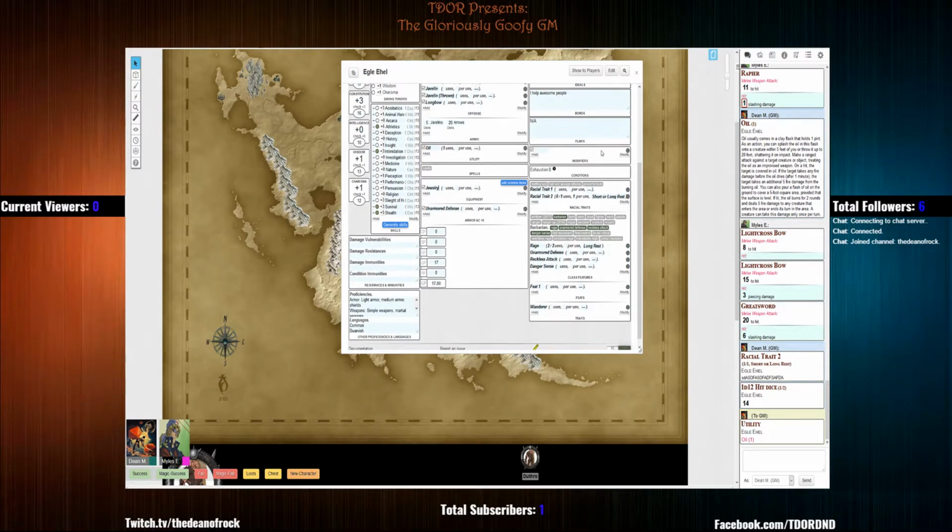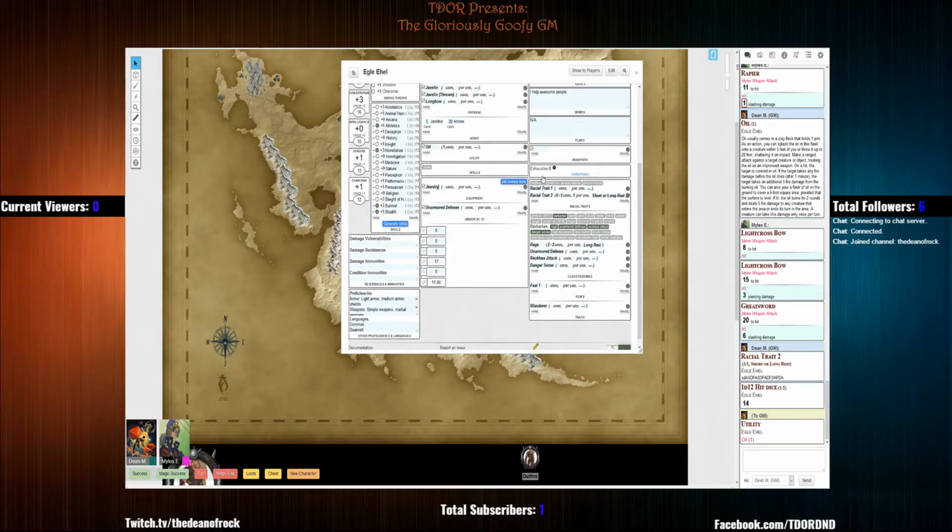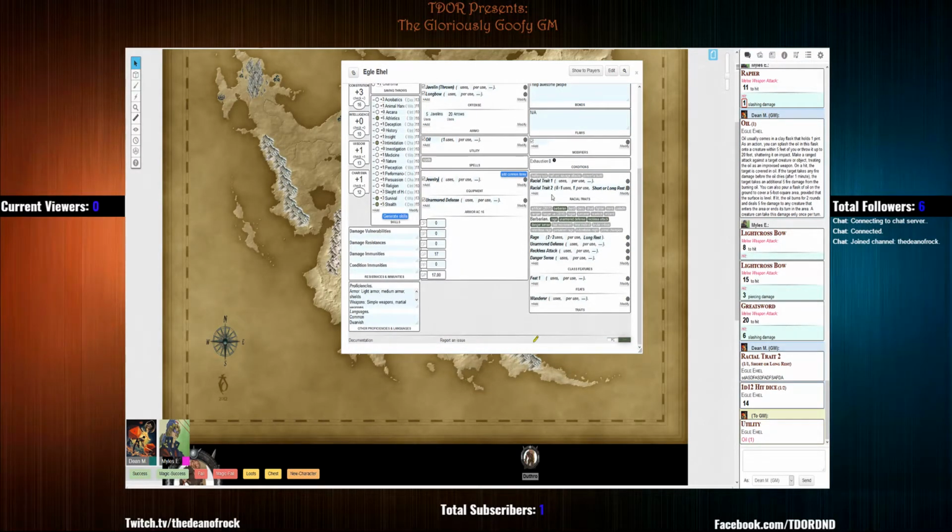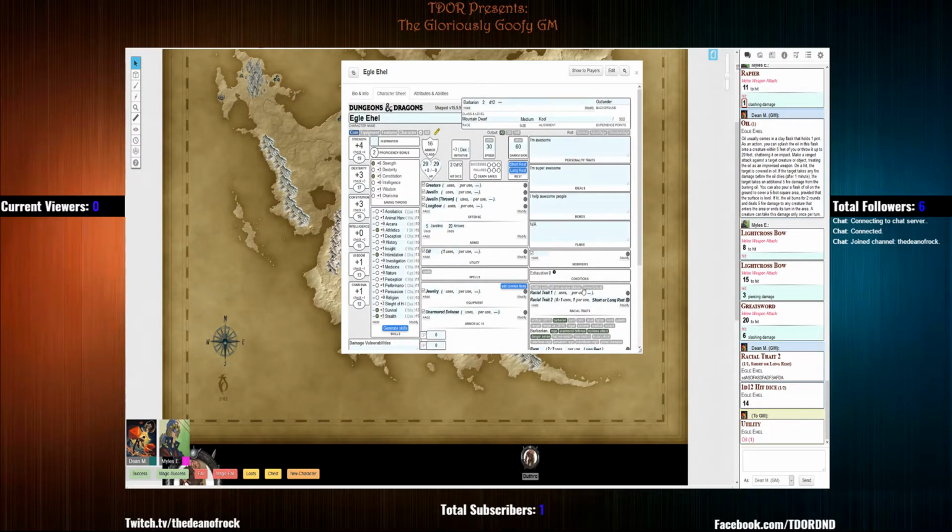We're not touching modifiers. We are not starting with exhaustion, so we're not going to touch that. We've added our racial traits in. We've updated our class. We've added any feats that we have. And we've added our background feature as a trait. And that is how we will do